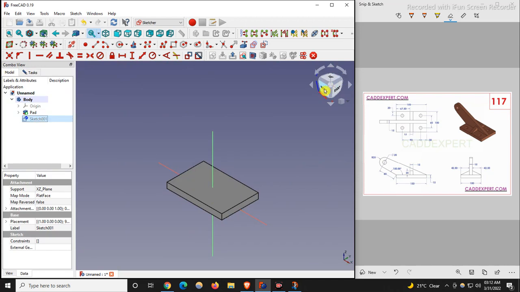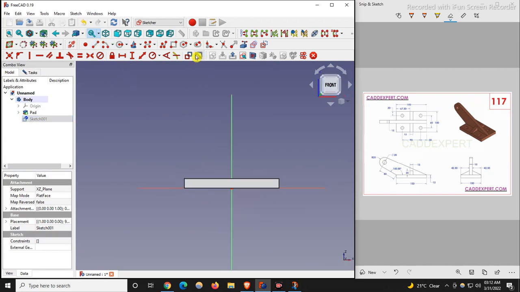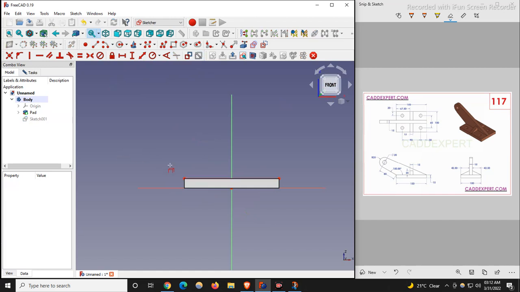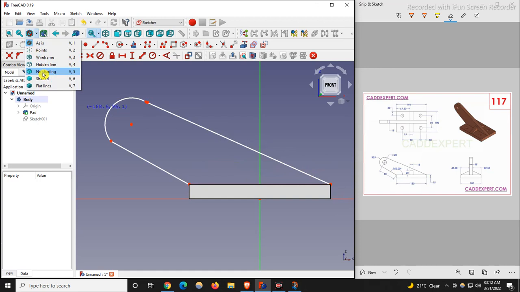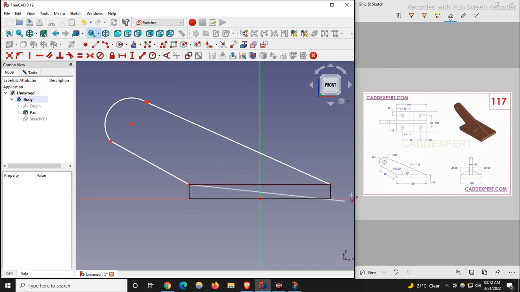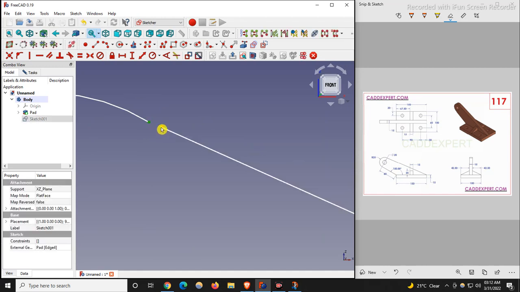So I will view to the front view, and I will include my geometry, and from here I will draw a line like this, and I will select 3-point arc, and I will draw an arc like this, and then I will connect with this point, and I will change my model visibility to wireframe, and I will connect this point with this, and here I will make this coincident,